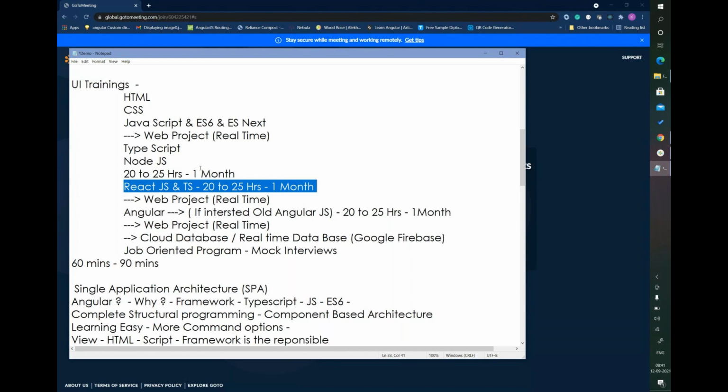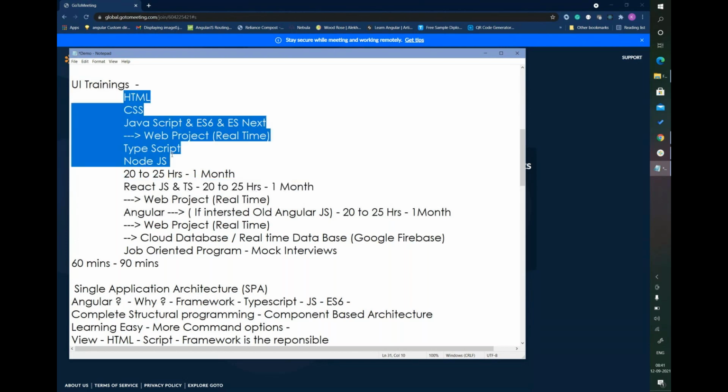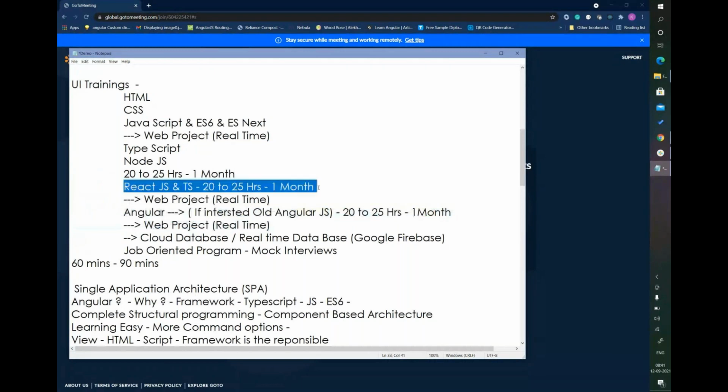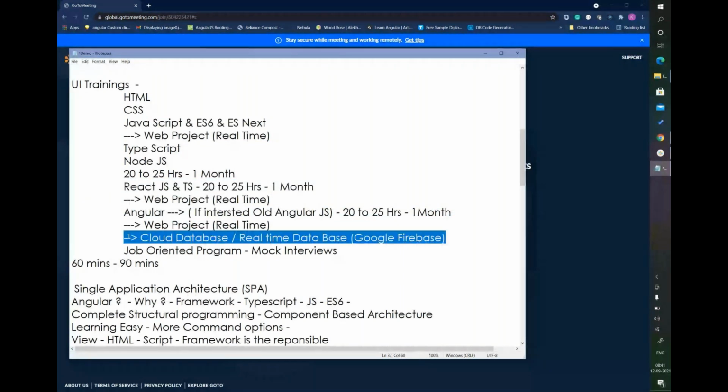Those who are looking for both technologies can learn both, but the sequence will be different, because most of the people are opting for Angular. So my suggestion is this. Till now we need to cover this for sure, and then we come either to this first or this first. And we will handle this with both things as well.